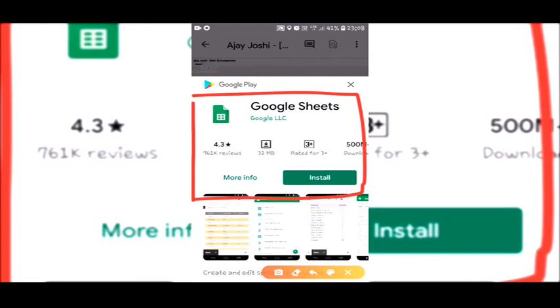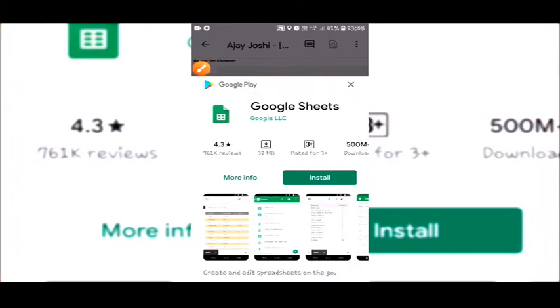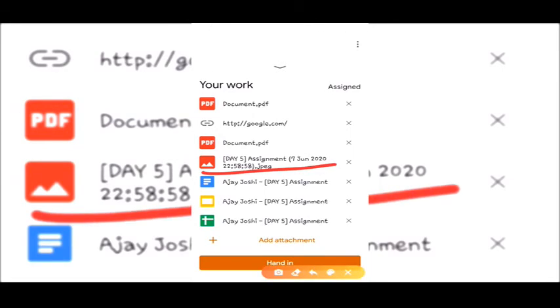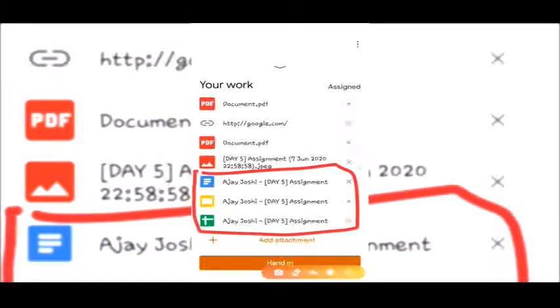After installing, you can edit this file, and after pressing the back button, the file automatically gets saved. In all three methods, the file saves automatically. You just need to press back after typing all this content.